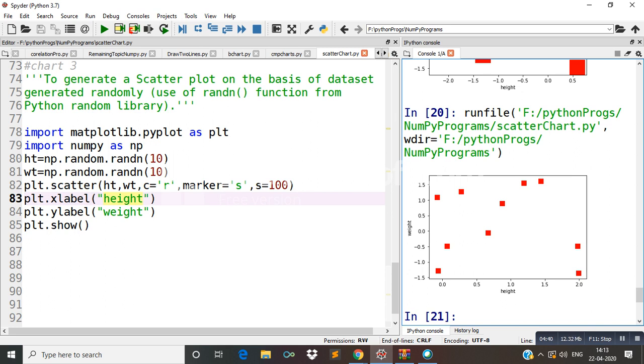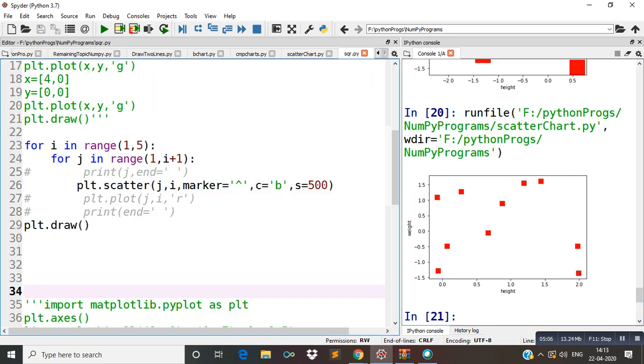Now the next program of chart which I am going to explain is to print a pattern. That is, we want to print a pattern using a scatter graph. So how can this be performed? See the next program, beta, which I am going to open. Now see this, it is a very different program. You cannot find this program in any book. It is a very new program.